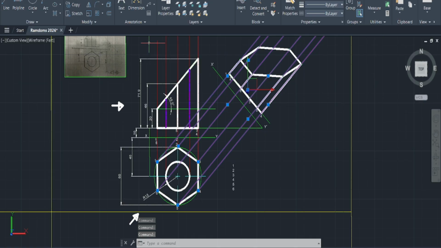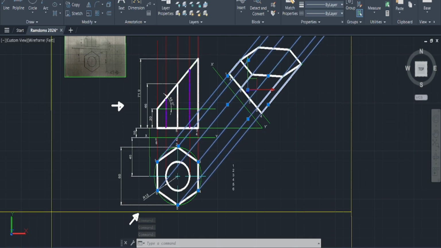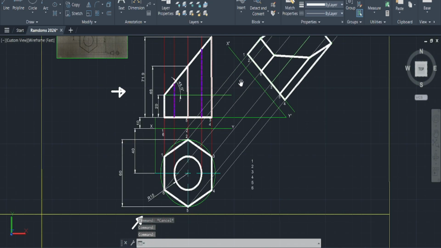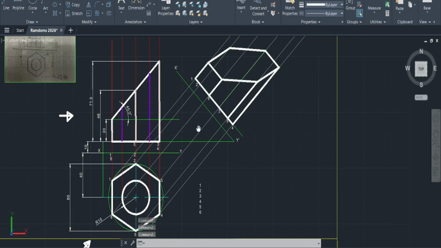And since I'm not going to be using them, I'm actually going to put them in my gray construction line so that it dulls them and I don't have to reference them. Awesome. So now the only thing that's left for us to get the points for